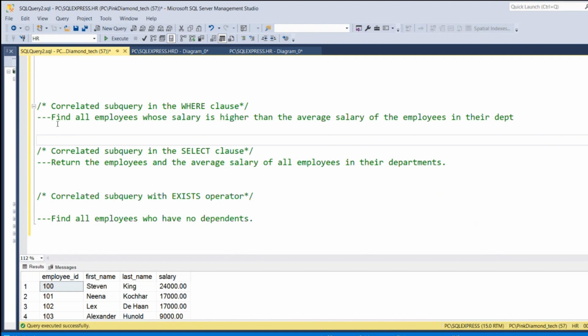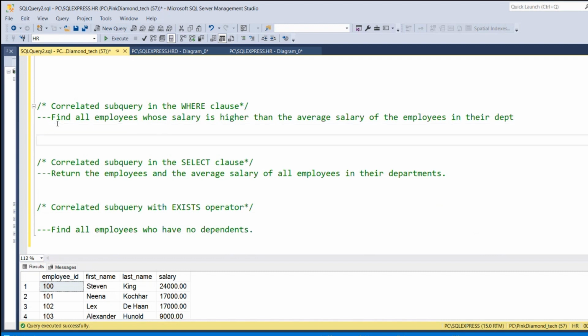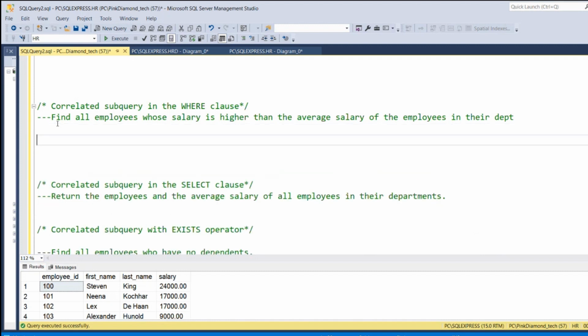So let us see our second example. In this second example, we are going to be using a correlated subquery in the where clause. The problem we want to solve says we should find all employees whose salary is higher than the average salary of the employees in their department. How can we do this? To solve this, we say